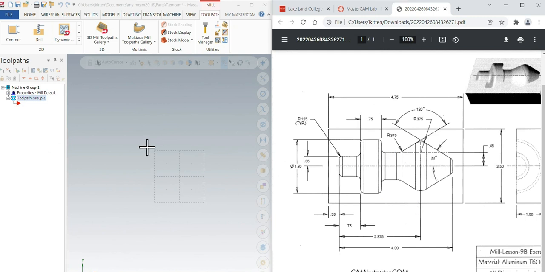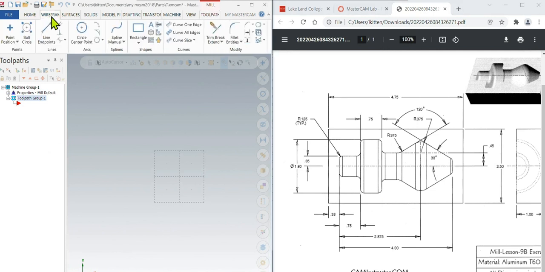It's not real bad. All right, so go to the wireframe. You can draw wireframe, surfaces, solids. There's a lot of ways to do it. We're going to draw a simple shape. We're going to draw like half this shape, kind of like we did with the chess set. We'll draw half the shape, and then we'll revolve it around the center line. And then we'll basically drop in this bigger chunk of metal, and then we'll machine it out of there. So we're just going to draw the top